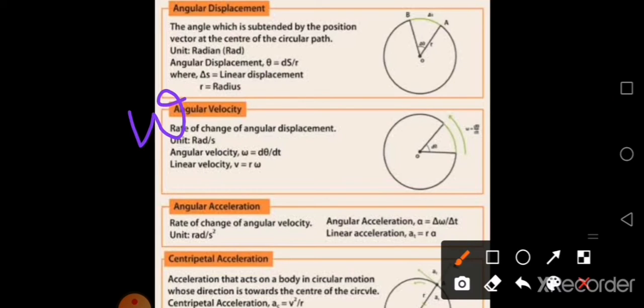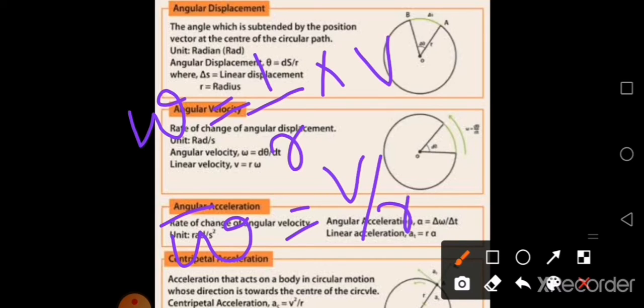So the left hand side you can put as omega, and in your right hand side you have limit delta t tends to 0, delta s by delta t, that is, sorry, it is not angular displacement, it is linear displacement, s by t, that is your normal velocity v. So you can write omega is equal to 1 by r into v, or omega is equal to v upon r. This is equation 4, the relation between your angular velocity and linear velocity.